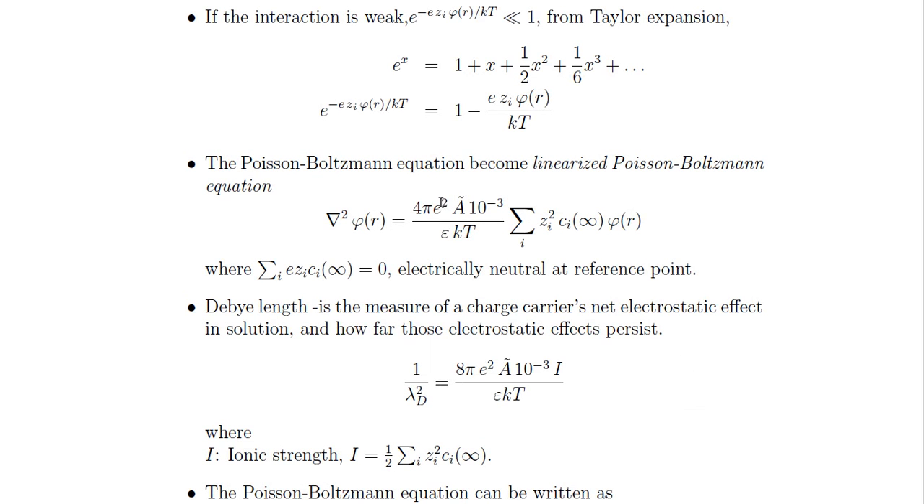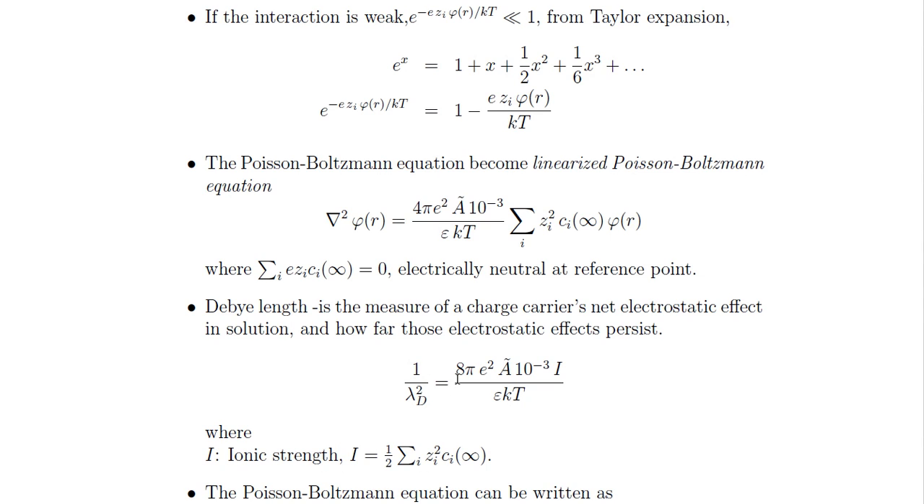Okay, so simplifying this equation, we can have a Debye length, where the Debye length is the measure of a charge carrier's net electrostatic effect in solution and how far those electrostatic effects persist. Okay, so how far an ion's influence reaches on the ions around it. So here, simplifying this one, we have 1 over lambda D squared equal to